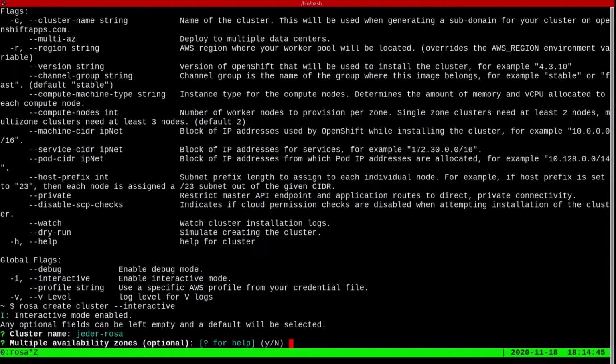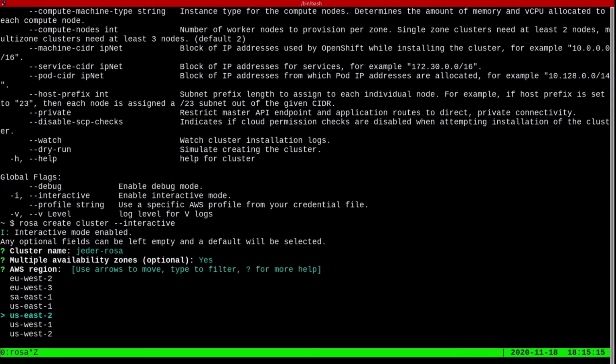And next question, multiple availability zones. So what this will do is it will deploy the control plane nodes and worker pools spread across 3 availability zones. And that's our best practices for any production deployment. So I will choose yes here. If you didn't choose yes, it would deploy everything in the same AZ, which is fine from an OpenShift redundancy standpoint, but doesn't give you that multi-AZ redundancy, which are best practices. So choose yes for that.